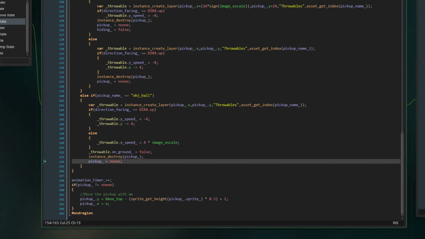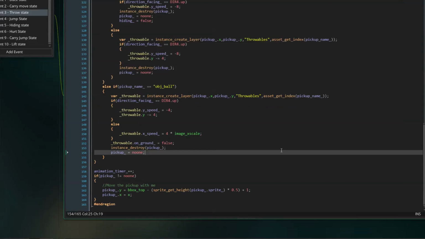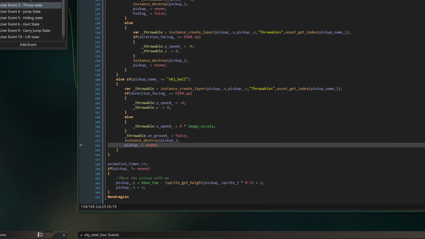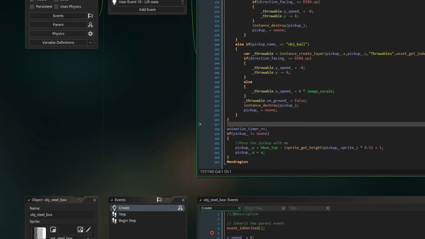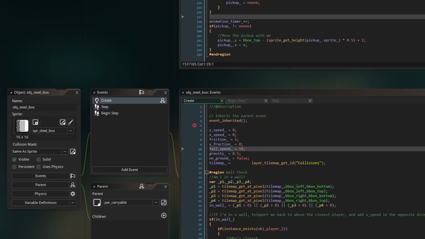Let me make sure that's everything. Yeah, that looks like it's everything there. Next up, then I guess we have the object box, steel box, we have the apple. That would just leave the ball, I guess. But like I said, we aren't going to be using that until later on. So let's add in some pickups in the meantime, since that should be fairly quick and should round out the end